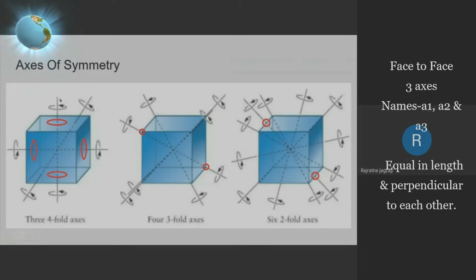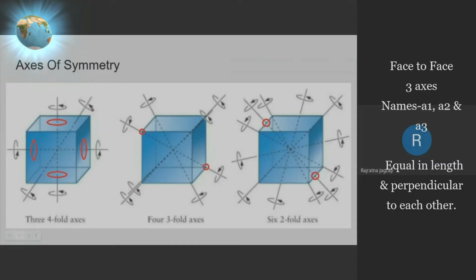So the first approach is to imagine the axes going from the center of a face to the center of the opposite face, like this. You can see the side surface here. This is the center of the side surface. This axis goes through the center of the face to the center of the opposite face. The third axis goes from front to back. This is the front surface, and its center will be somewhere here. It goes from the center of the face to the center of the opposite face, that is the back side surface. So there are three axes. Front to back is axis A1, right to left is A2, and top to bottom is the A3 axis.